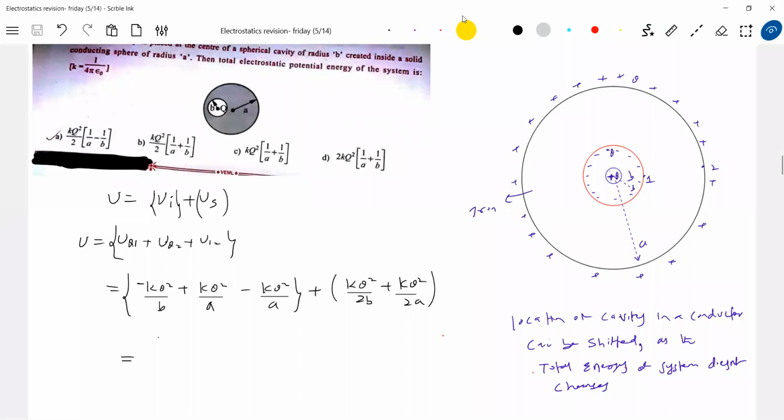The best thing is, you calculate the energy inside the cavity due to the point charge. There'll be an electric field, and also an outside electric field. The field outside the sphere depends on the distribution of charge. The charge distribution on the outer surface is independent of the location of the cavity inside the conductor. So when I calculate energy, I get the same answer. If I bring the cavity here, I also get the same answer. So there's a better practice, rather than taking help of integration: shift this cavity to a convenient place, write equations, and you'll get the same answer. And it's a very important thing. I feel you must remember such ideas. Finally, they'll help you a lot in the exam.